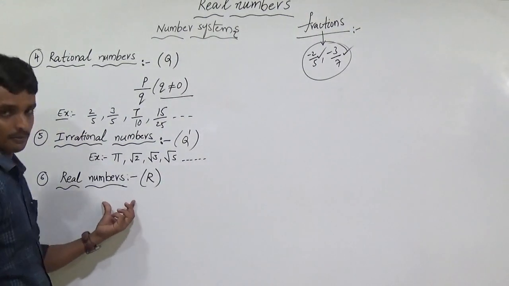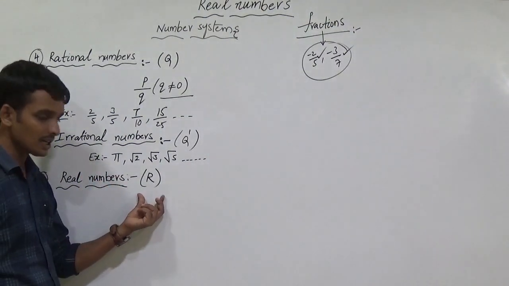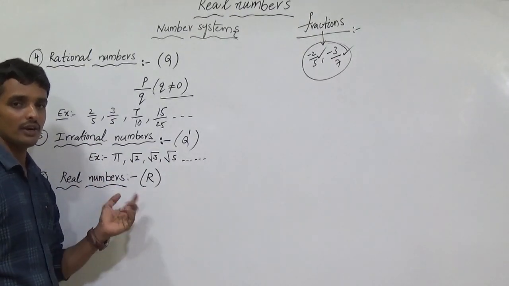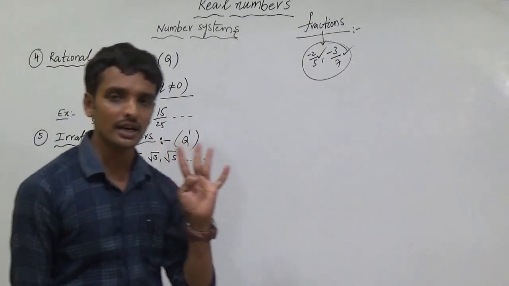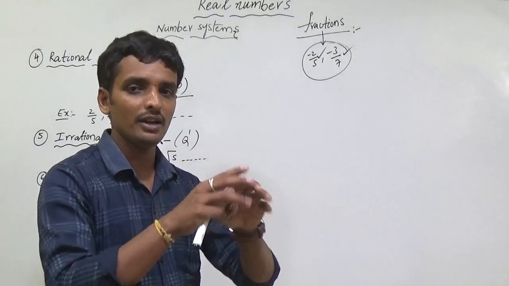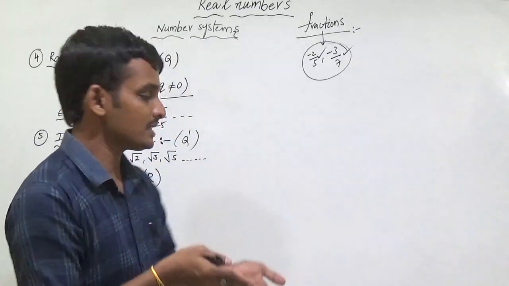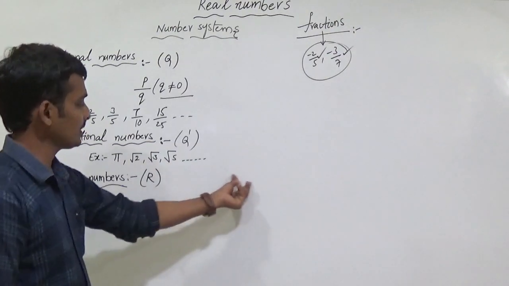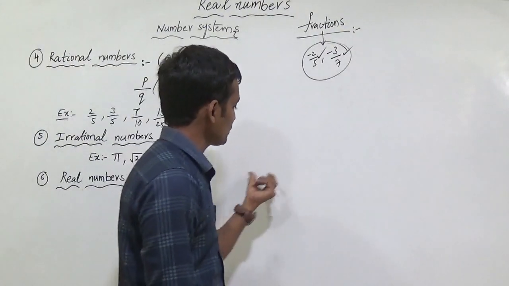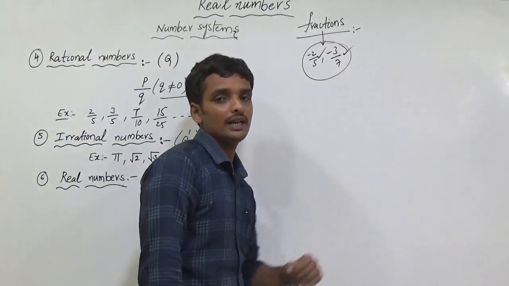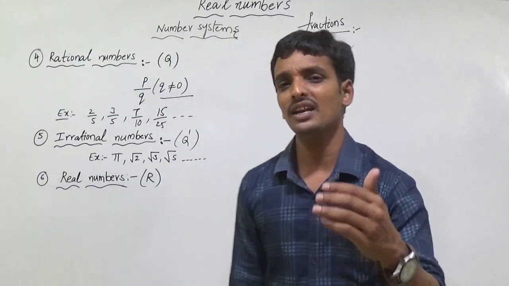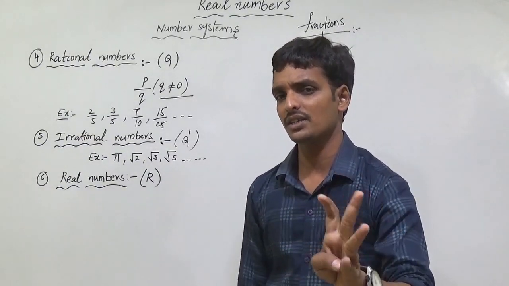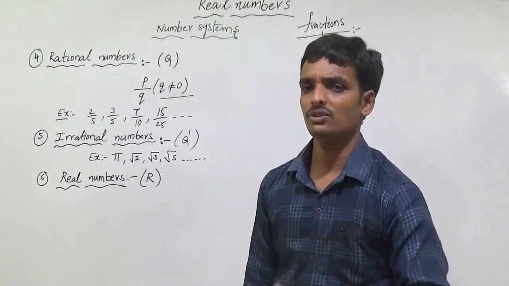If you write one integer, it is a rational number. If you write one rational number, it is a real number. Write an irrational number, it is a real number. So whatever you write, natural number, whole number, integer, rational, irrational, these five are packed. The pack is called real numbers. Write the definition of real numbers: the set of rational numbers and irrational numbers are called real numbers, denoted by the symbol R. You can write examples of your choice.